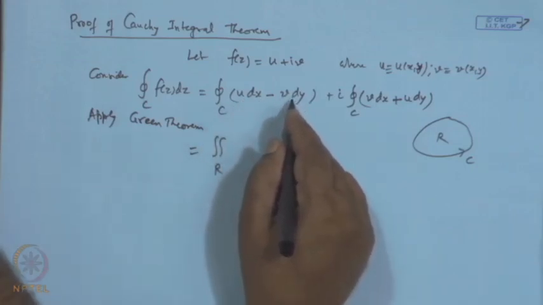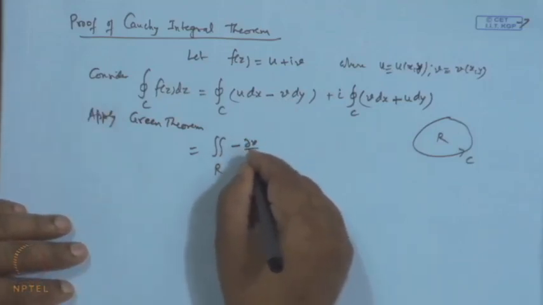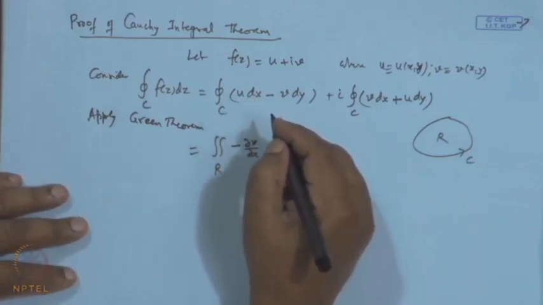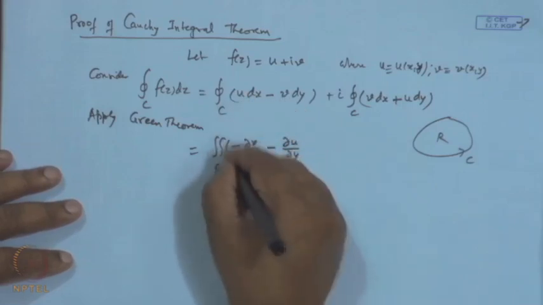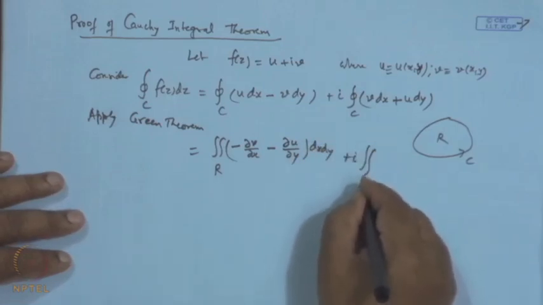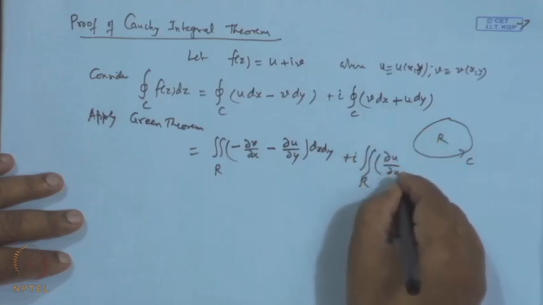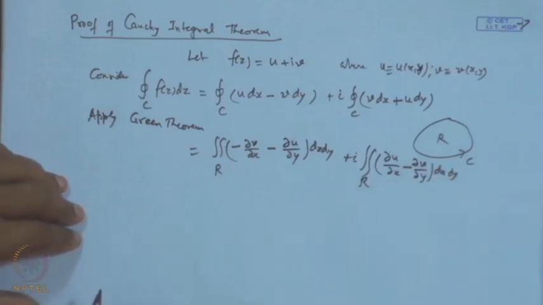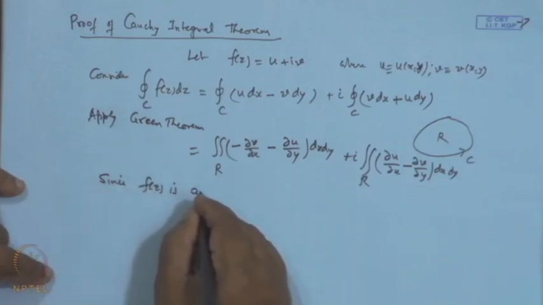del q over del x minus del p over del y, dx dy. So, for the first part, it is minus del v over del x minus del u over del y, dx dy, plus i times the double integral over R. Here also, del q over del x minus del p over del y gives del u over del x minus del v over del y, dx dy. Okay. Now, since the function f(z) is analytic,